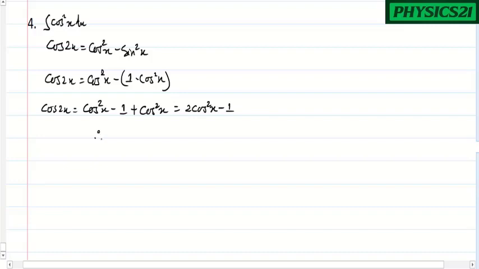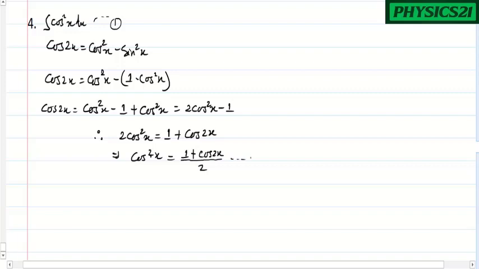Now the value of 2 cos square x is equal to 1 plus cos 2x. So cos square x is written as 1 plus cos 2x divided by 2. This is the substitution we will use in the given function. Now this is equation 1 and this is equation 2. From 1 and 2 we get integration of (1 plus cos 2x)